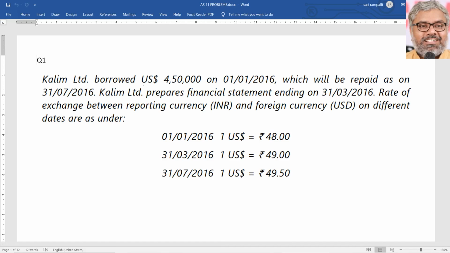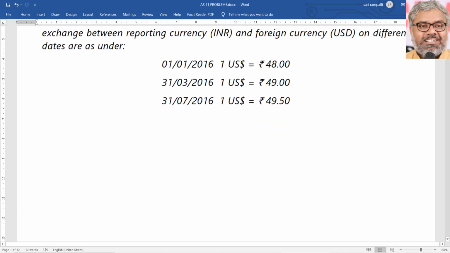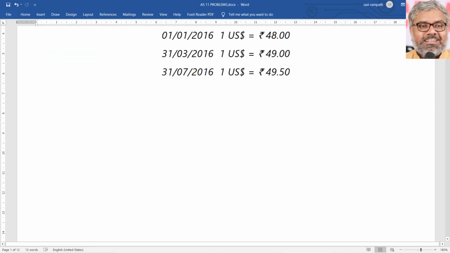So we have to keep remembering this one fact, that when a transaction is entered into, when this transaction of a loan is entered into, that is a foreign currency transaction for sure, because it is a loan that was borrowed by Kaleem Limited. When that is entered into, it should be recorded in the books of accounts at the rate that is prevailing on the date of transaction for sure. So the journal entries have to be like this on different dates. In the main exam, a journal entry should always have a narration. Nobody needs to separately tell you that.